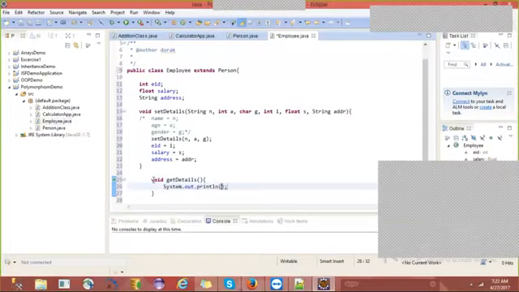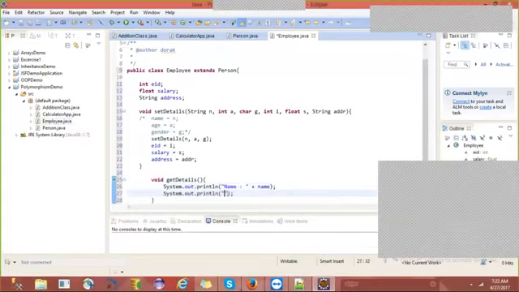What should I write? Sys out for employee name. Yes, Teja. We need to write name. Yes. Next. Sys out.